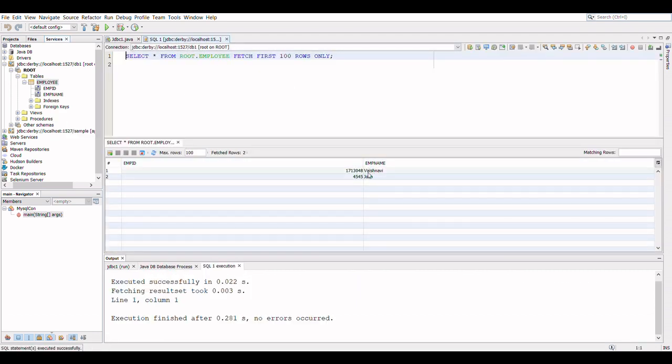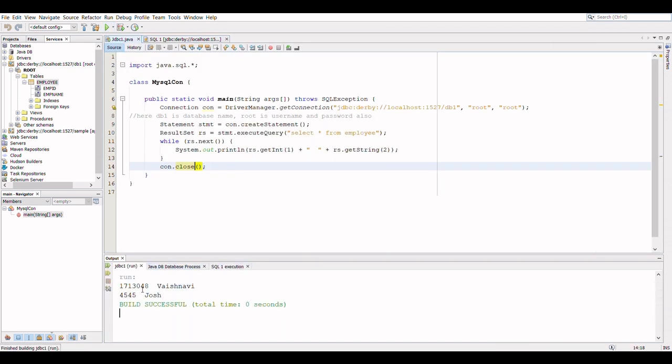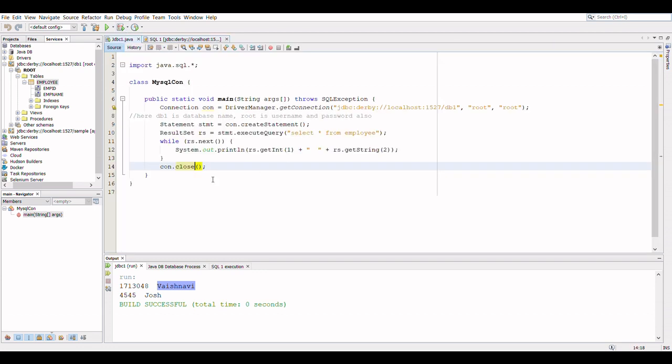This contains two rows. After connecting the database, the program will run successfully. Let's see. Here we are getting employee ID and employee name like this. So this is our simple example. Now you can do any updation, deletion or insertion in your table with the help of a JDBC program.